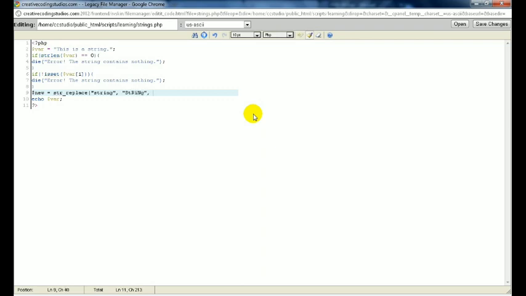And then we choose our target, which is the variable. Echo the new variable. Save that